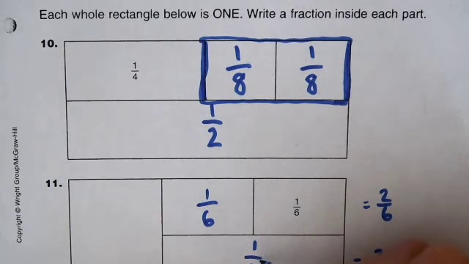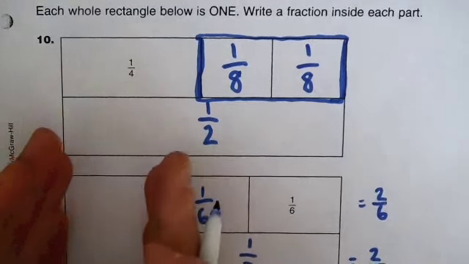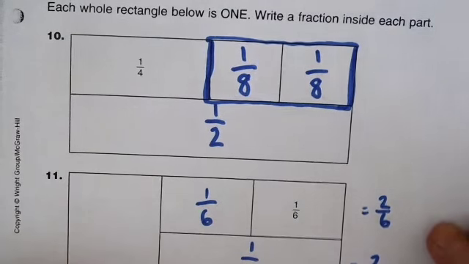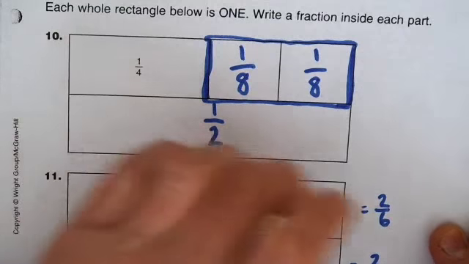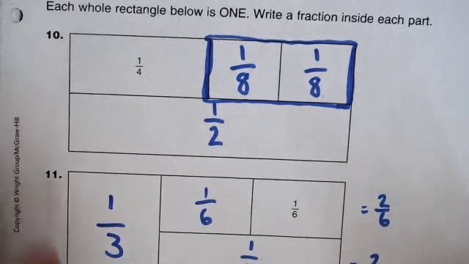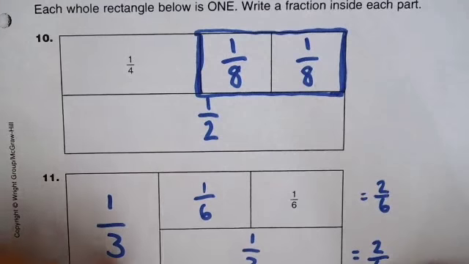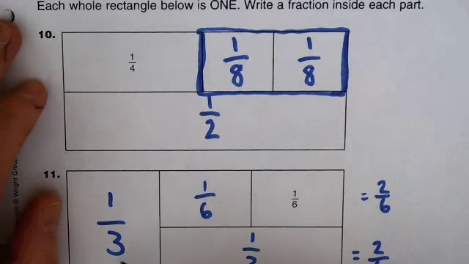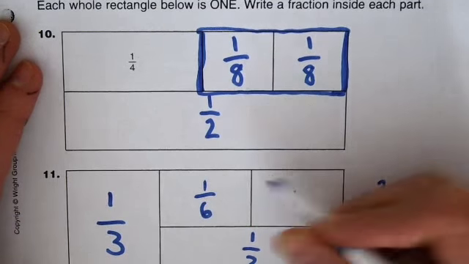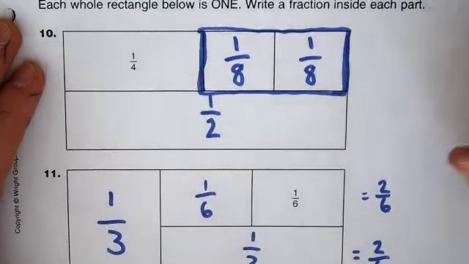So this is 1/3. And then if I go to look at this one, I can say, well, how many of these big blocks could I fit into this rectangle? Well, I could fit 1, 2, 3. So this is also 1/3, even though they're shaped differently. They're both 1/3. So 1/3 and 1/3 plus 2/6, which is also 1/3, is also going to equal up to